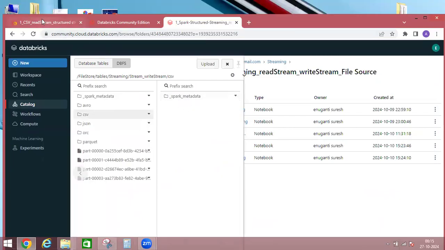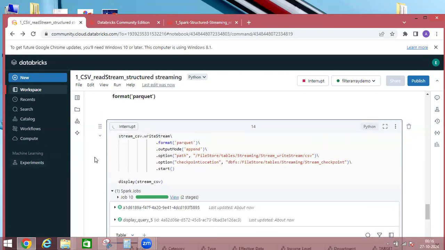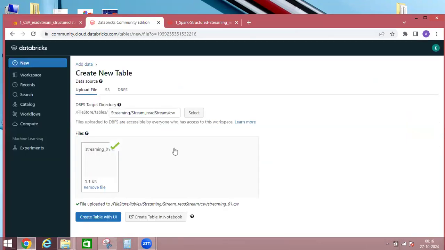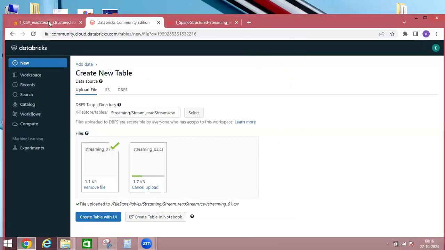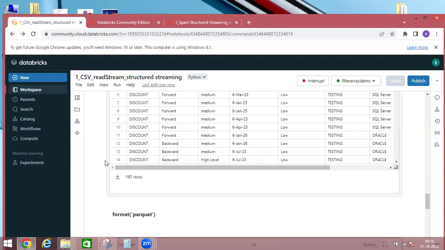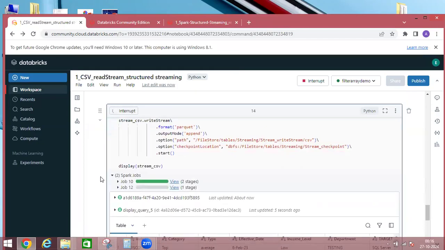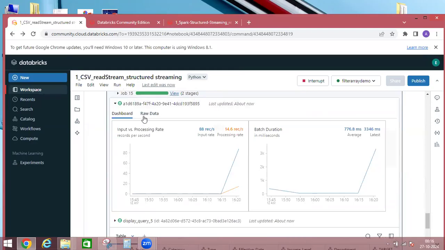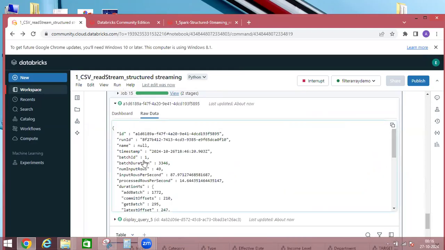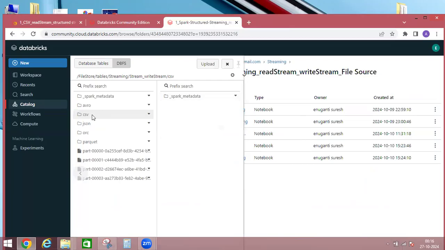Since the data is already printed here, there is no new data to create a file. So what I'll do is add some file, and then it will generate here. See, now a new job is coming, so the batch ID will get changed. Now if you observe here,